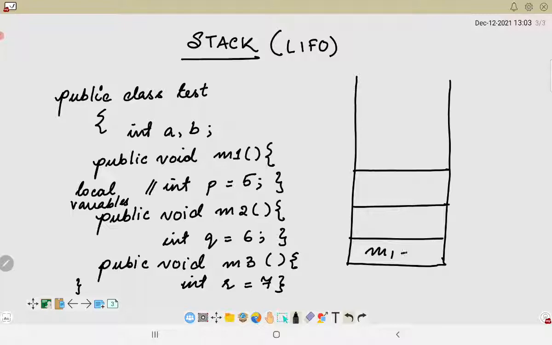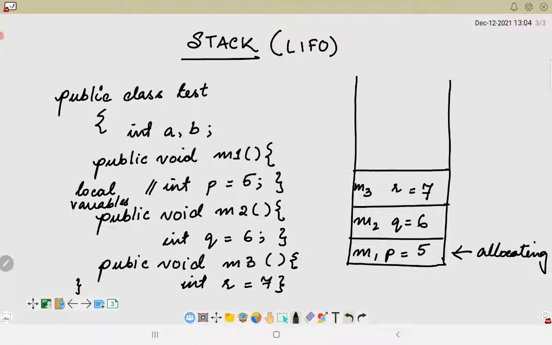Suppose m1 has 5, m2 has 6, m3 has 7. Sorry, these are the methods. So for m3 we have r, for m2 we have q, and for m1 we have p.